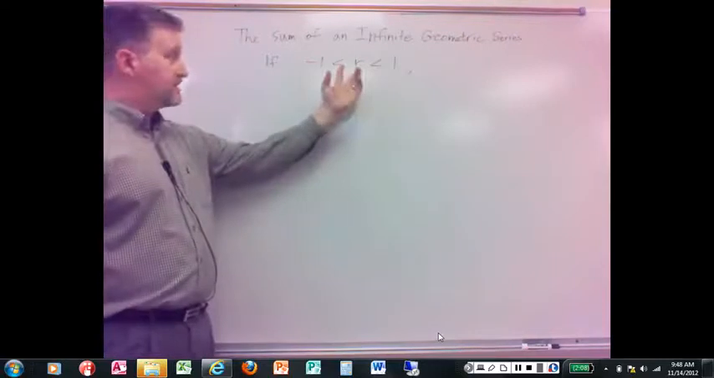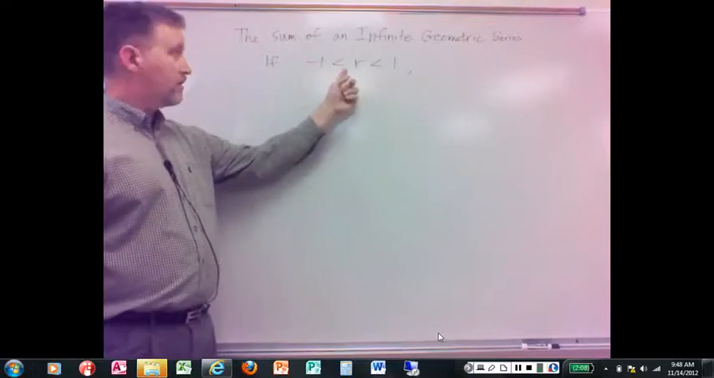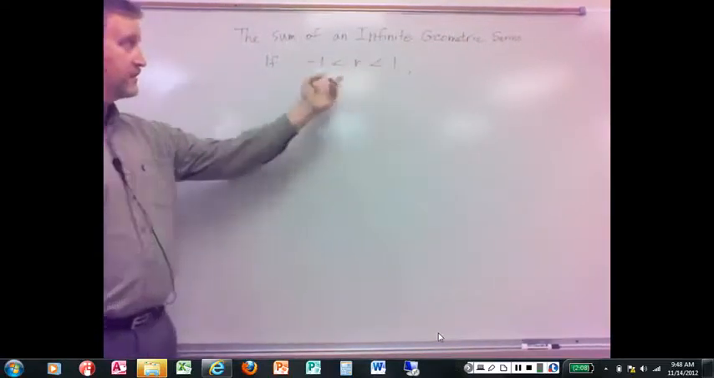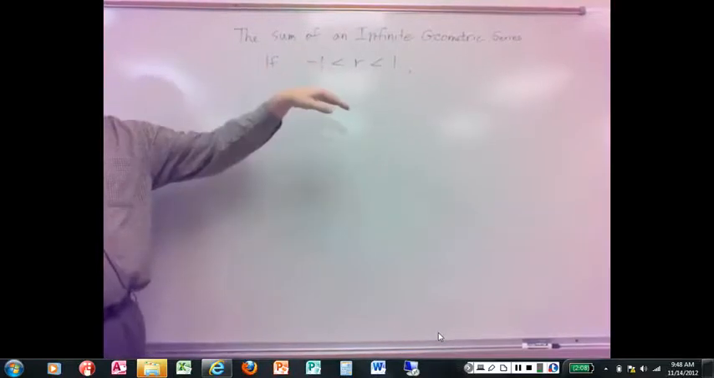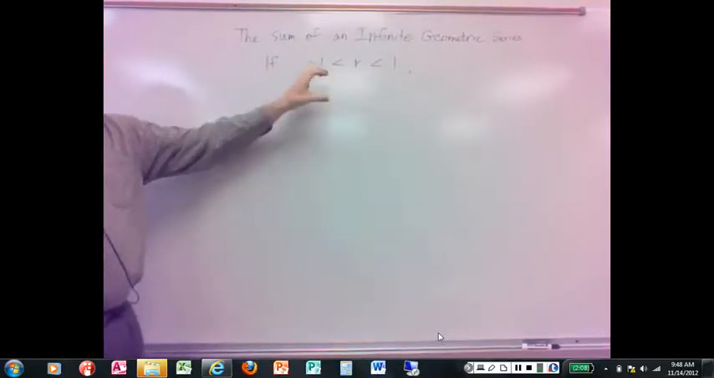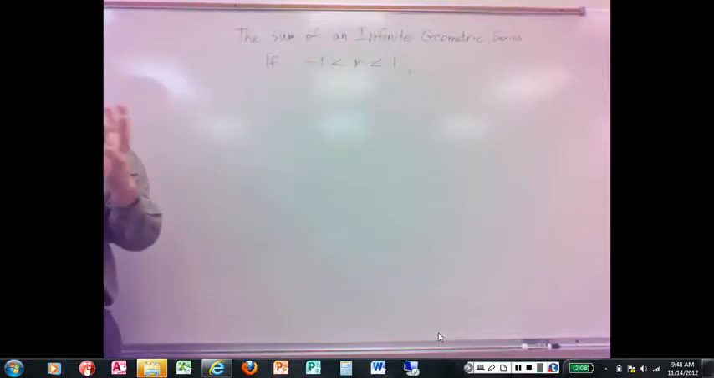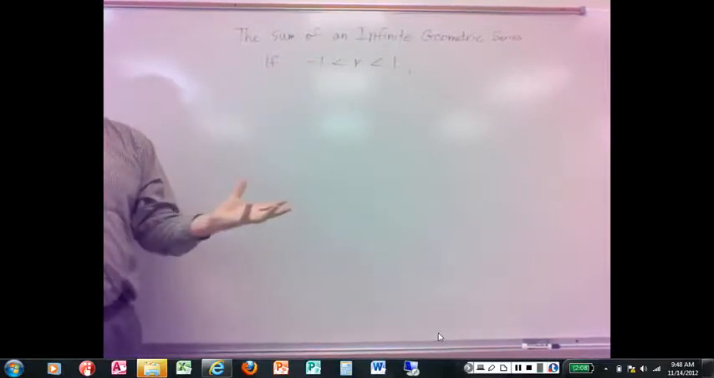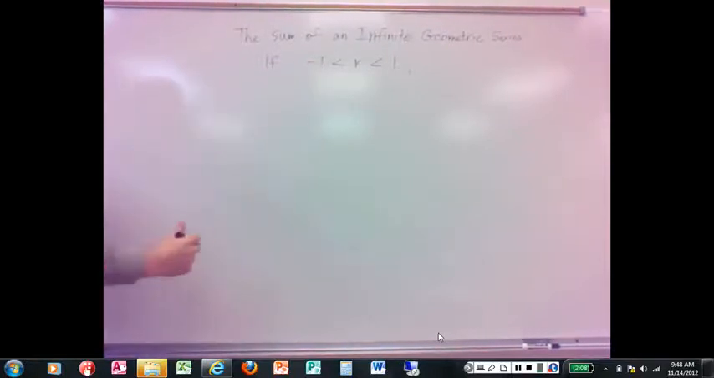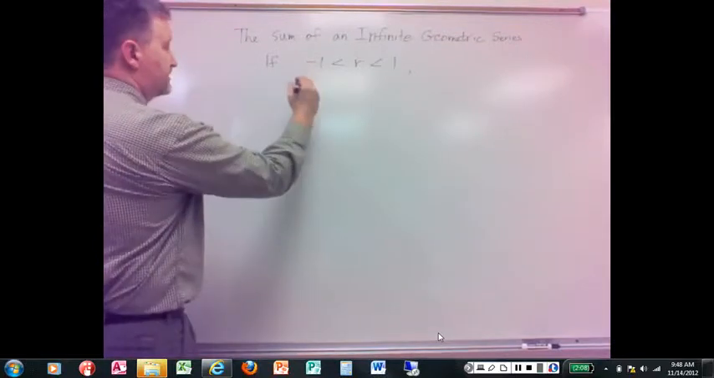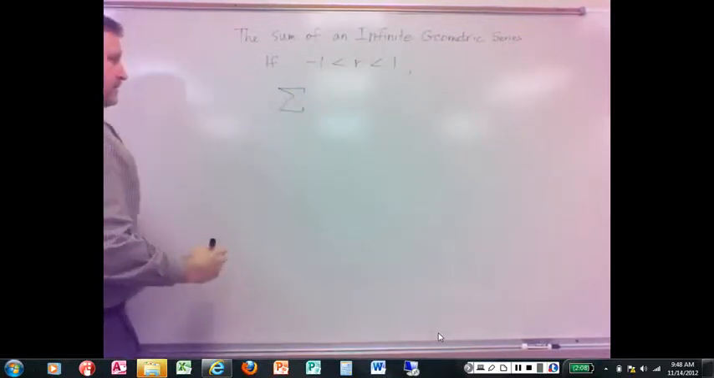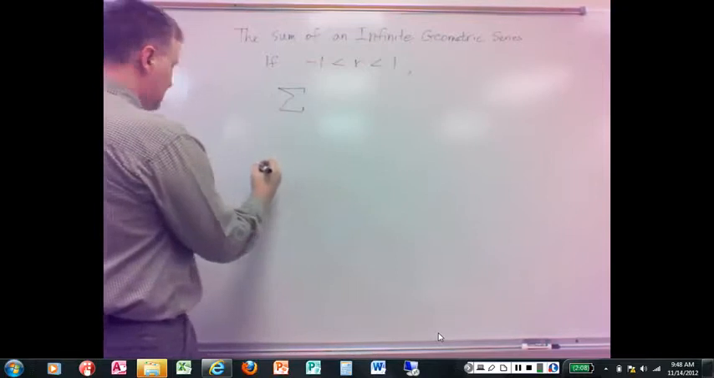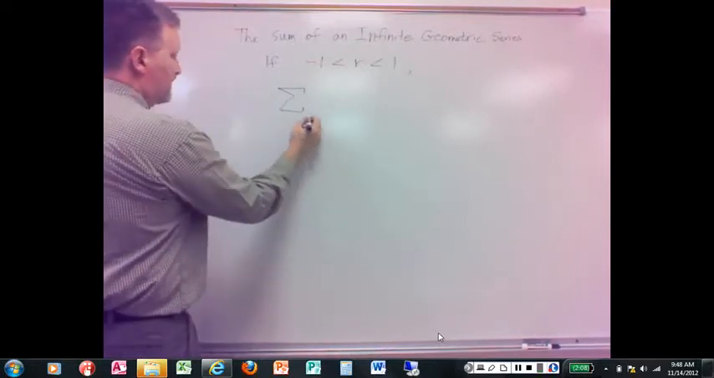What I mean, tell me what that means. That means what? The R, the ratio of the geometric series, that just means R is between -1 and +1. So if you have a ratio of your geometric series between -1 and +1, you can find the sum of the geometric series, which in summation notation would, well,